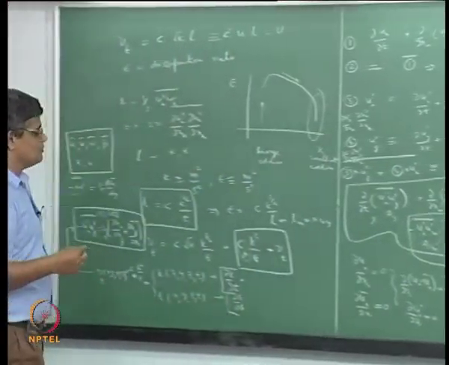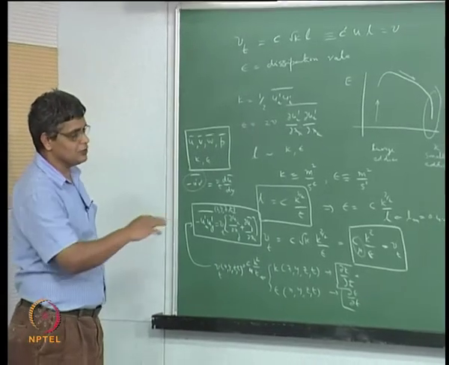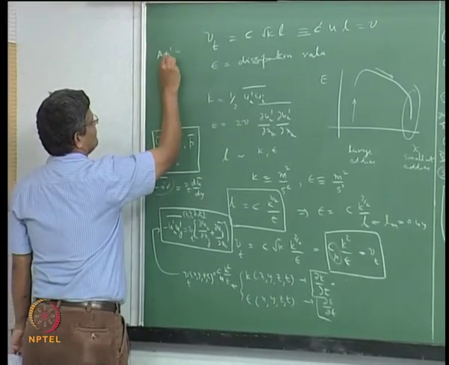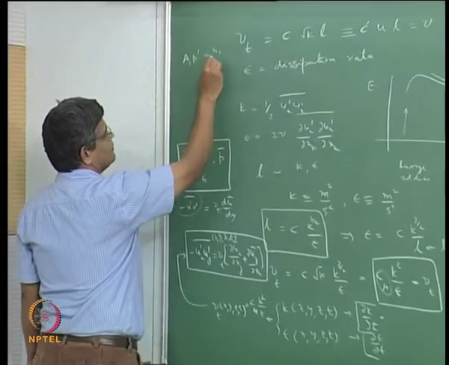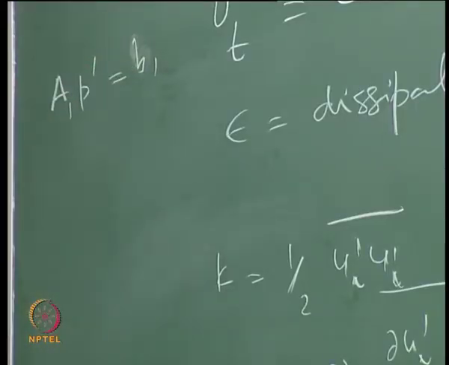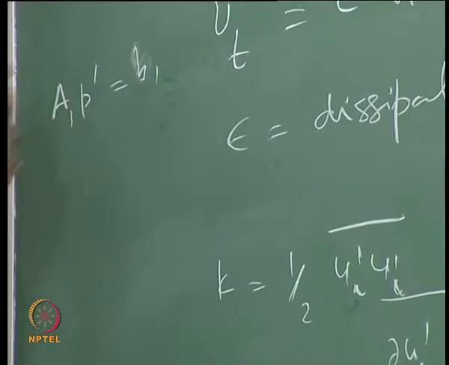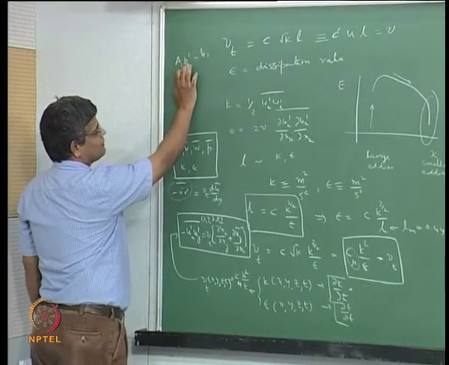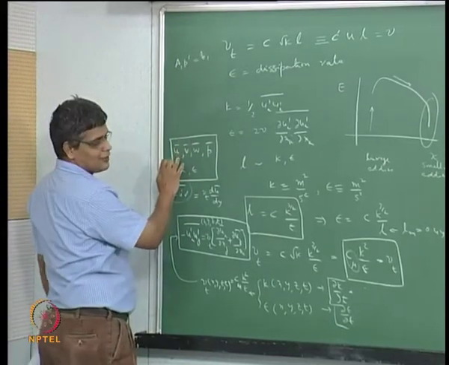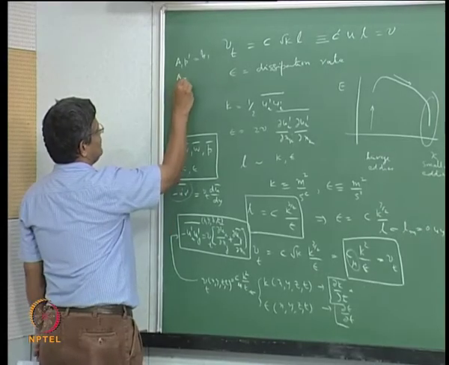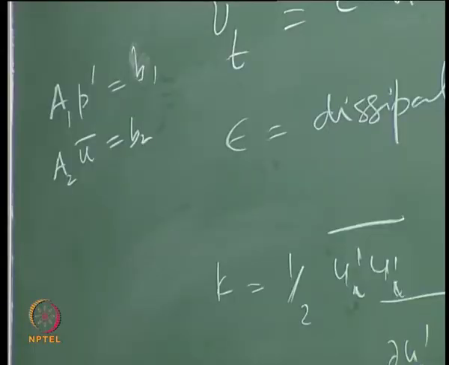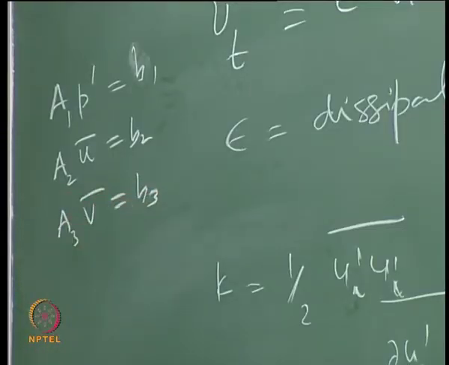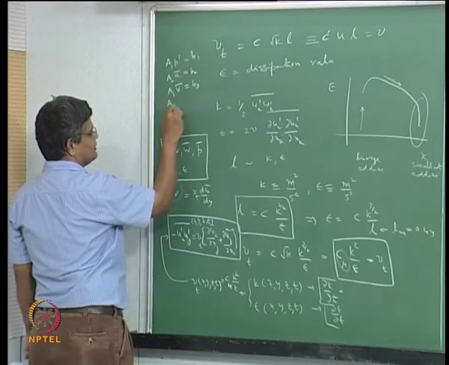So when we talk about a turbulent flow calculation using the two equation model, we have the continuity equation which will be put in the form of A1 P prime equal to B1 in its discretized form to give the pressure correction, and from this we get the mean value of pressure. Please note that this is not pressure fluctuation, this is the pressure correction. Then the discretization of the time averaged x momentum equation will give us A2 u bar equal to B2, and the discretization of the time averaged form of the y equation will give us A3 v bar equal to B3, and similarly the time averaged z momentum equation will give us